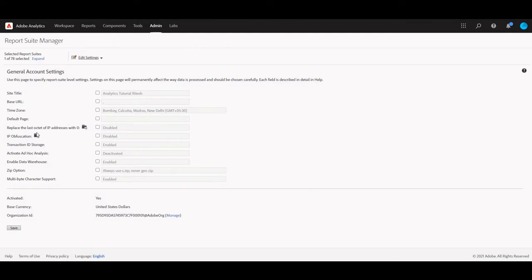Once you land on this screen, this is the variable that you have to enable: Transaction ID Storage. Make sure it's enabled. It cannot be undone, so if you enable it, it cannot be disabled. So just enable it and then click on Save.